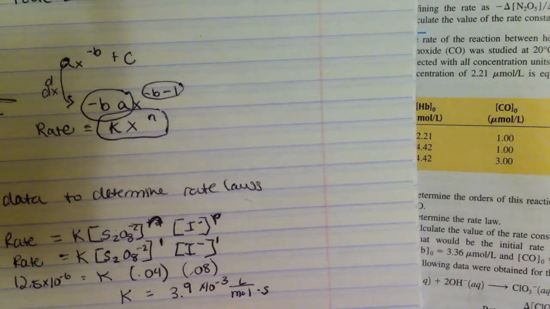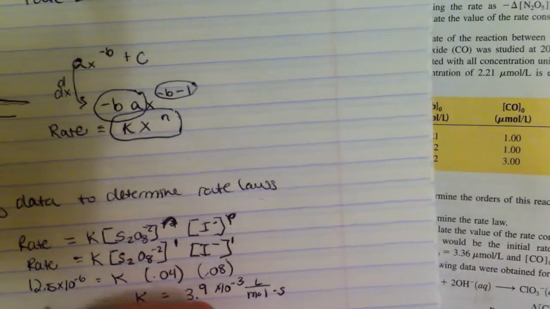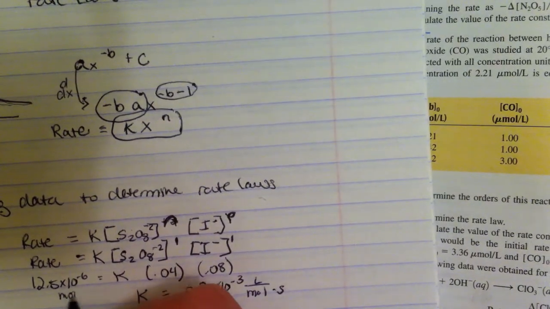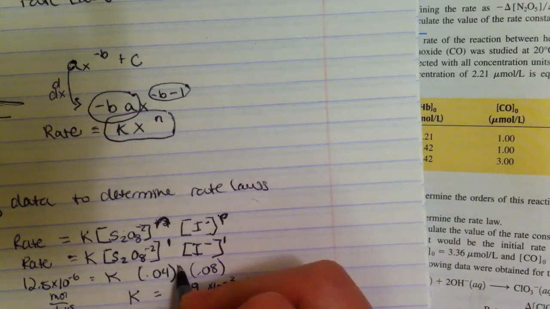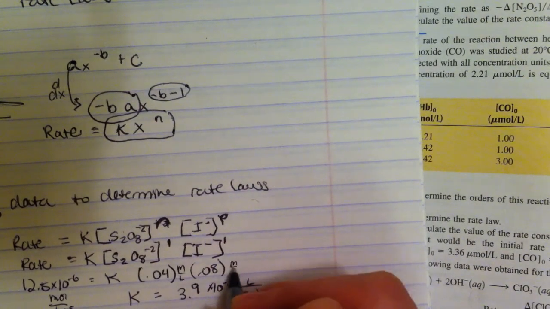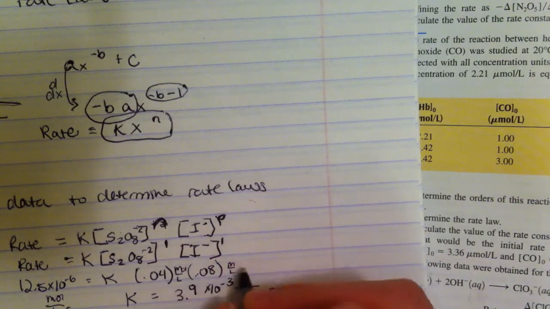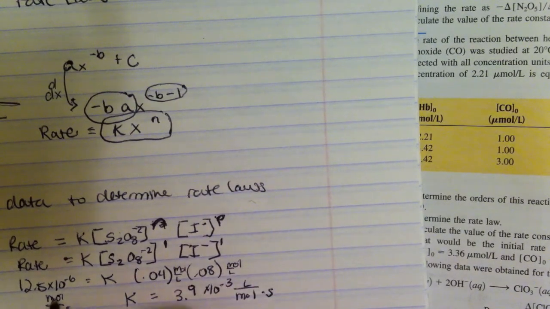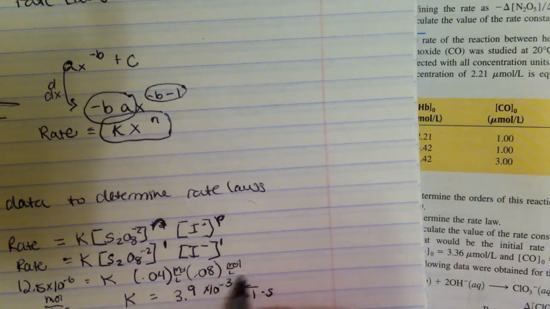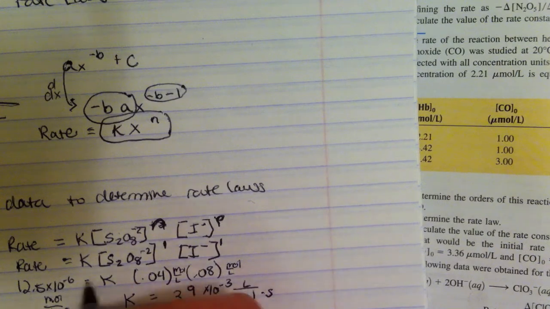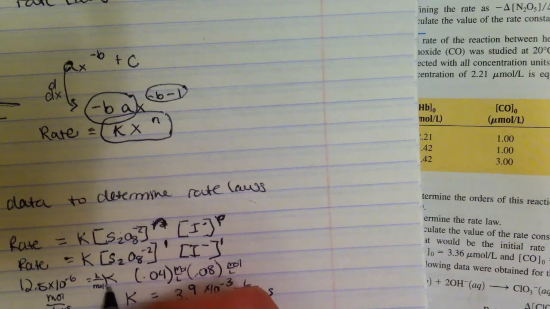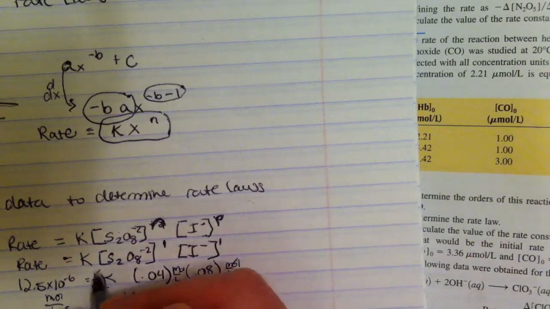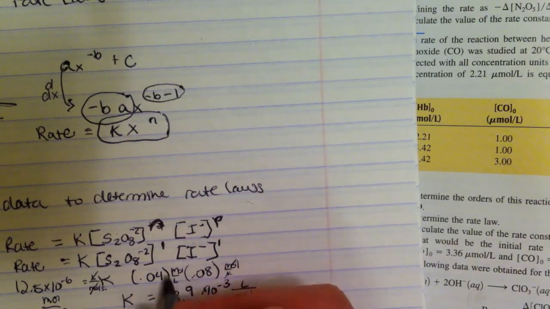And I knew those were the units because the rate has to be in moles per liter second. And this is moles per liter, this is moles per liter. So the only way I'm going to get moles per liter second is if I get rid of one of these moles per liter and I divide by seconds. So it's going to be liters over moles times seconds. And that's going to cancel there and there, there and there. And I'm going to have moles per liter